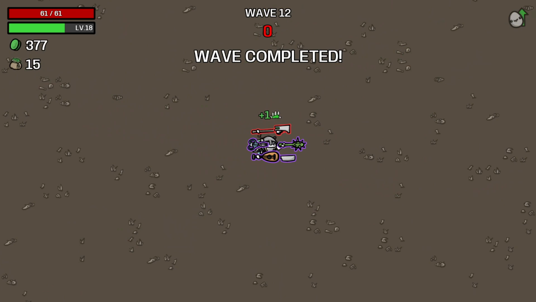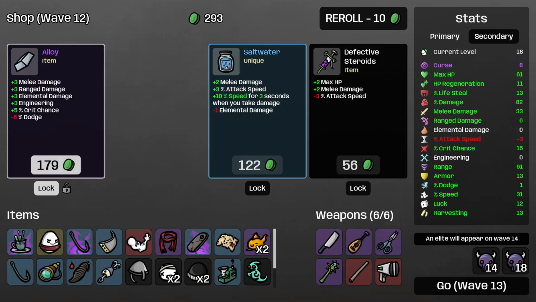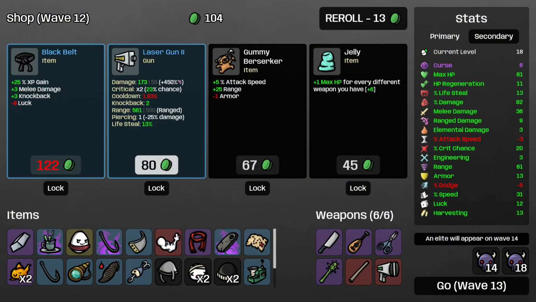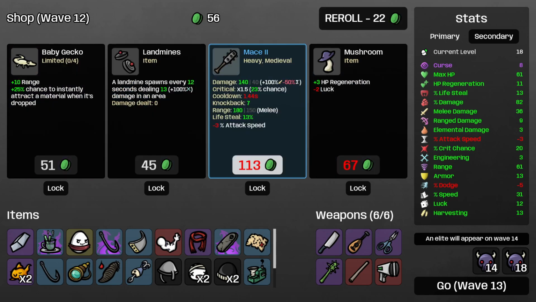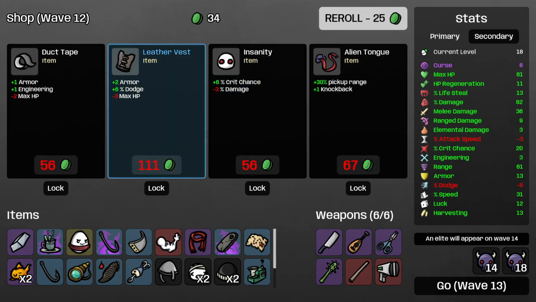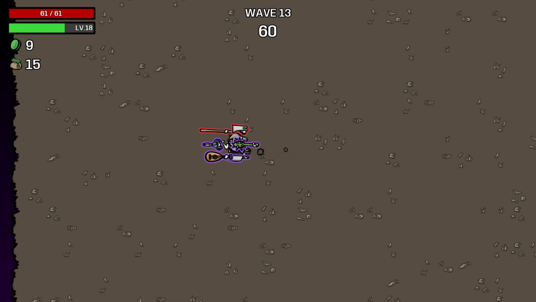Easy wave 12. Let's go. 3 range damage, maybe not. I'll take some damage. Oh, celery tea, we actually cursed something. I wasn't even expecting that, by the way. I am still looking out for the weapons that I want, though I haven't seen any of them. Because we're looking for very specific weapons, but in this case we just keep finding the ones we already have